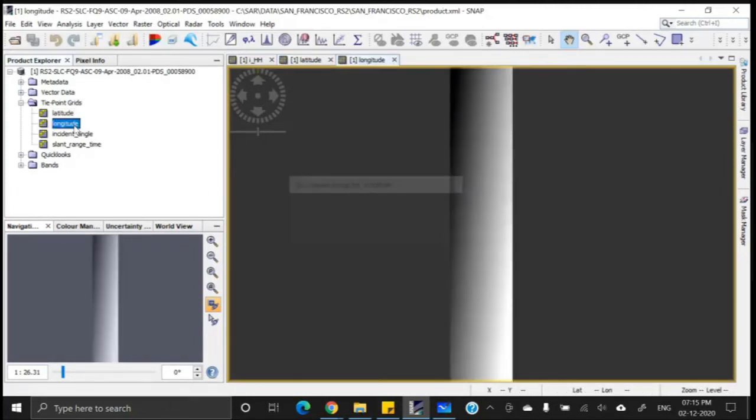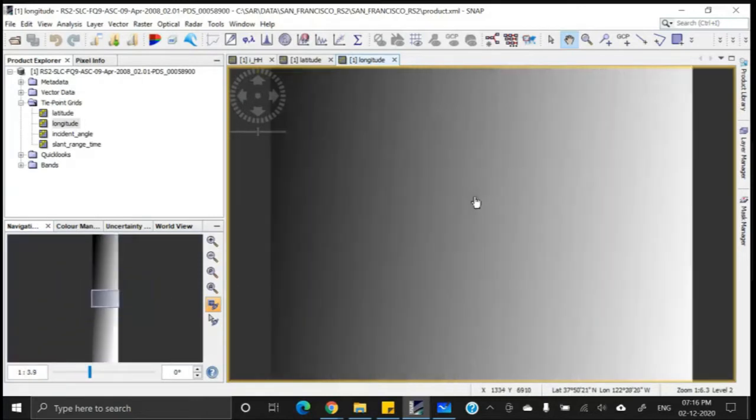Then longitude: here we have the lower longitude and here the higher longitude. For each pixel you have the lat long information. So latitude and longitude information are also provided as an image.